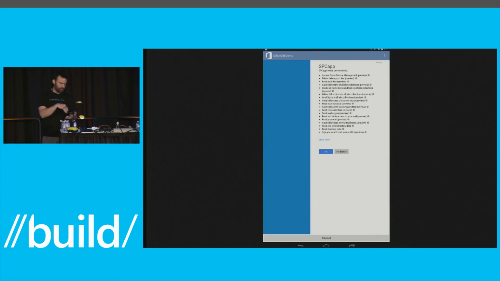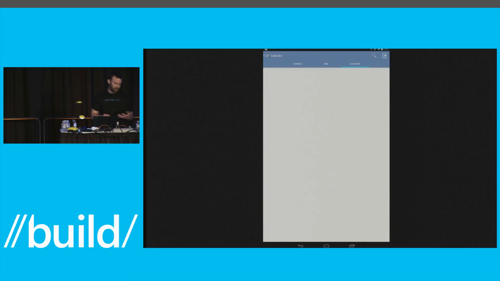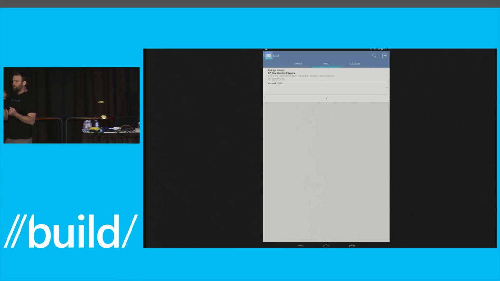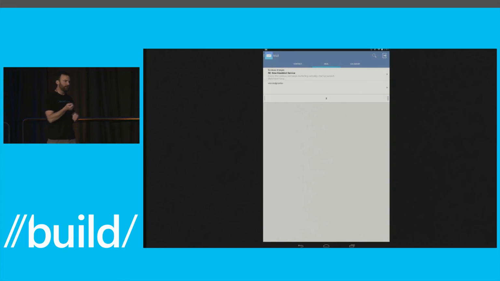And you can see that the person who built this app decided that they wanted God rights to my data. And so they asked for just about everything. And then I, as a user, can decide if I want to grant that app permission. So I'm going to say, OK. And this app then has an ID. It's registered in Azure AD. And now that I've granted that app permission, it gets a token. It's just using OAuth. So now it gets a token that it can use to call off and get at my calendar information.